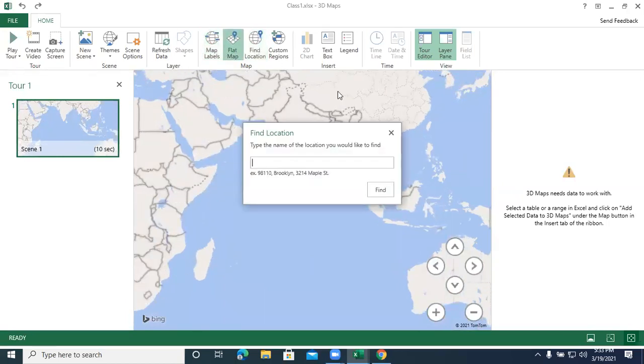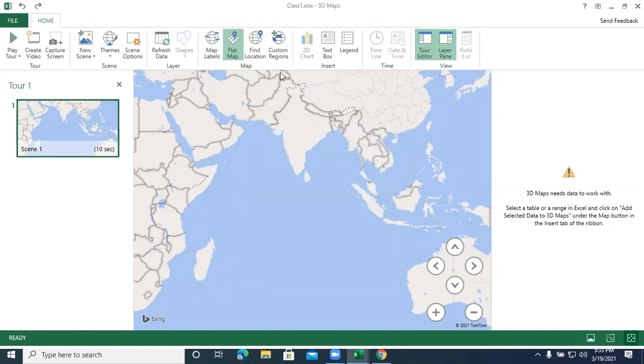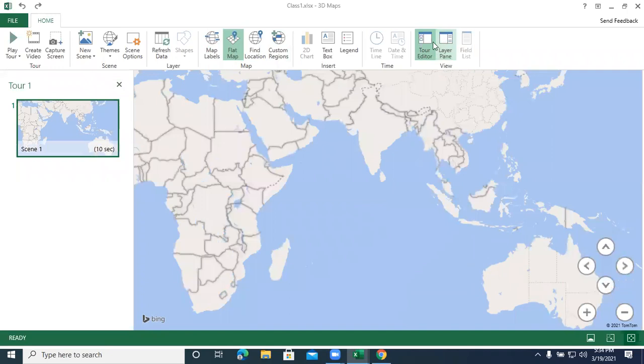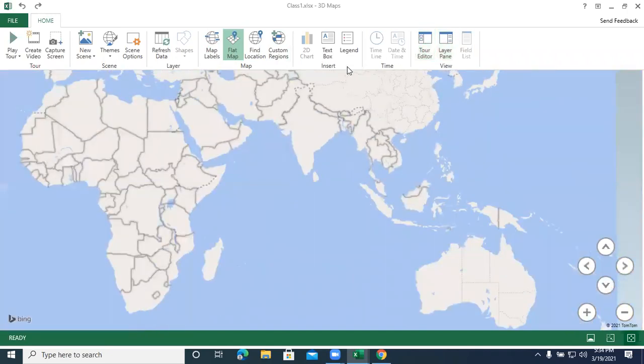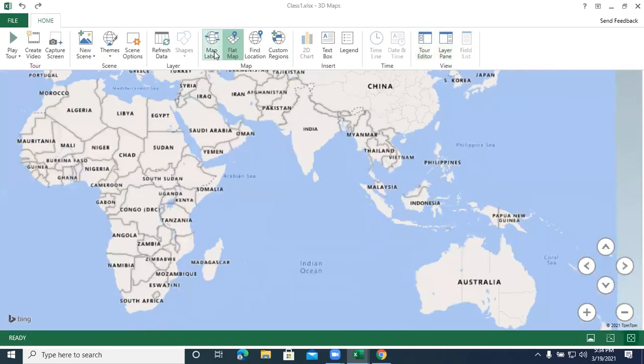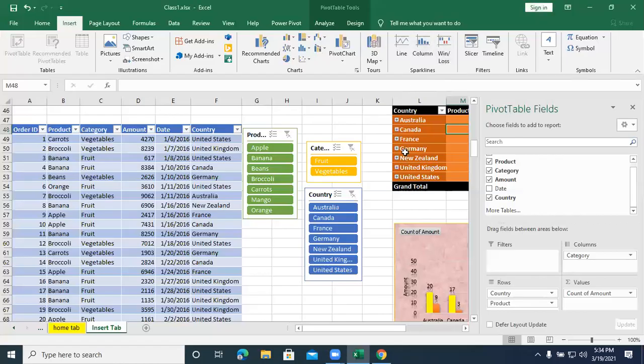You can also find the location. So it has to work based on a table.